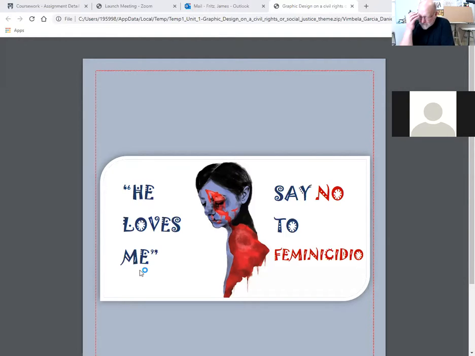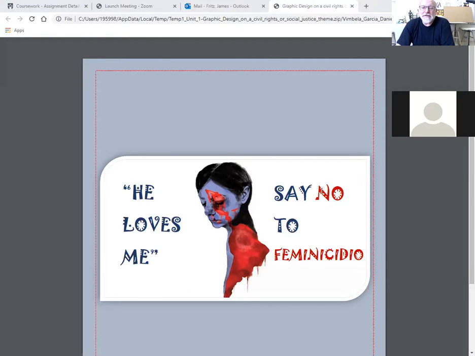I think the font's name might even be Fiesta font. I'm not sure. Anyway, it's in all caps, and the font calls attention to itself because of all of the detail in it.